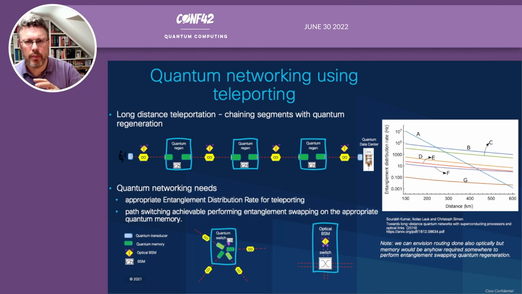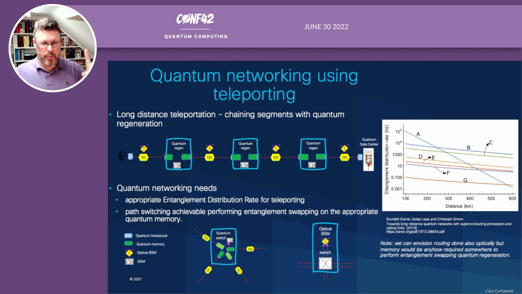So that means we have to be able to regenerate entanglement if we wish to communicate over larger and larger distances. So this brings the idea of a quantum regenerator. In order for us to increase the distance over which we're able to teleport, we have to chain successive segments together, and we do that chaining with quantum regenerators. Now, that's well and good,